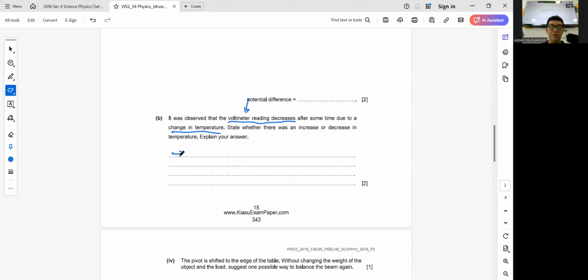So the point is, you state first: temperature increase, as VT decrease, RT decrease due to potential divider rule. Then from the graph, as RT decreases,